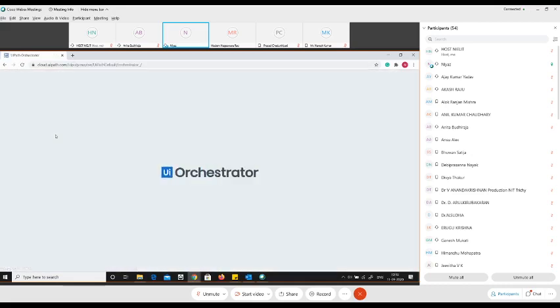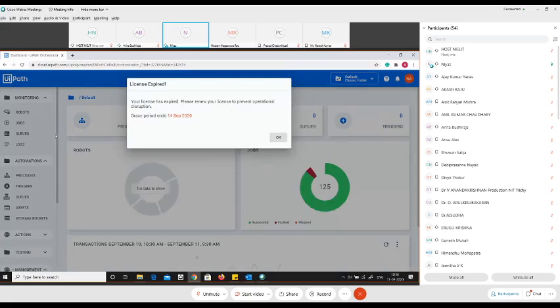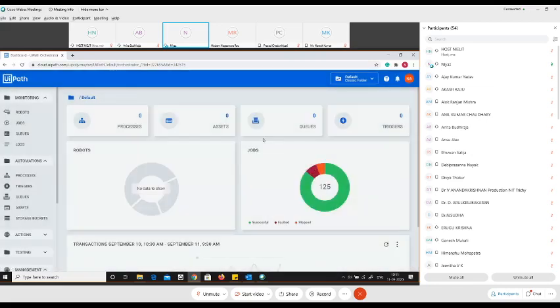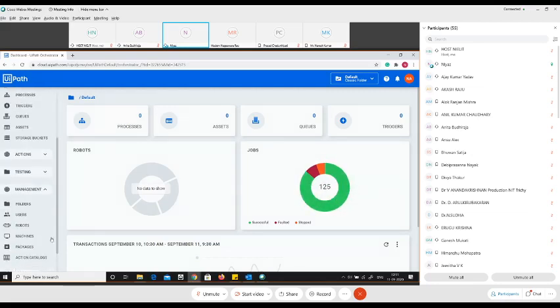There you go. You see a very beautiful animation saying your UiPath Orchestrator is getting started up. That's fine. So this is what the UiPath Orchestrator interface looks like. For me right now, I've cleared all the Orchestrator resources, since I've been using this Orchestrator for quite a long time. That's the reason you can see some graphs here but there is no data at all. I wanted to show a clean Orchestrator, because when you log in for the first time, the Orchestrator is going to be the same for each one of you.